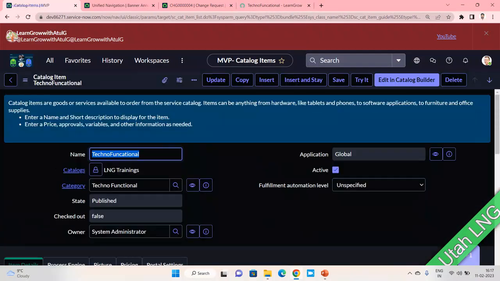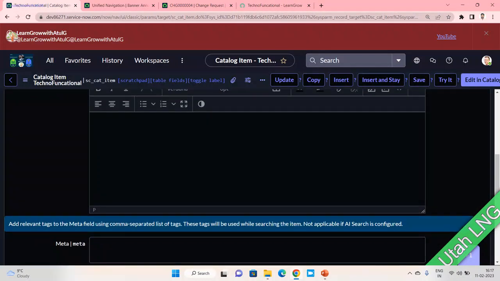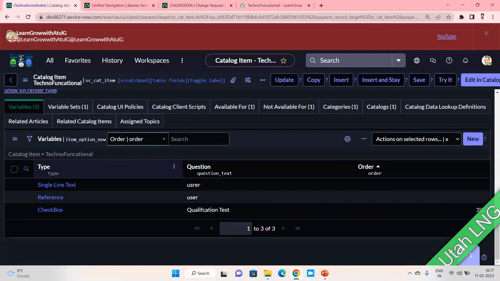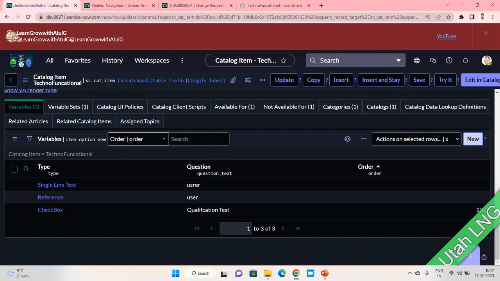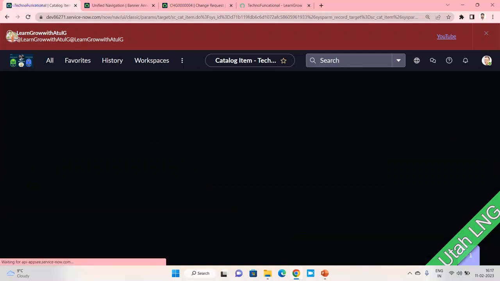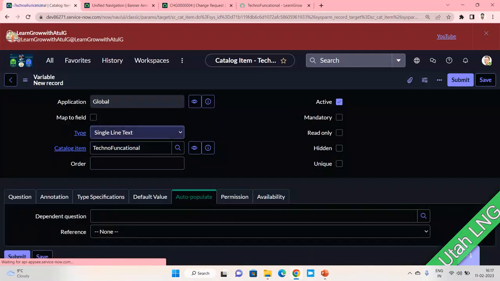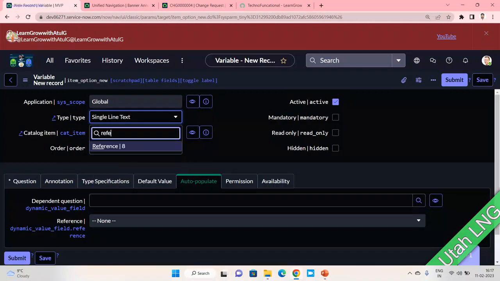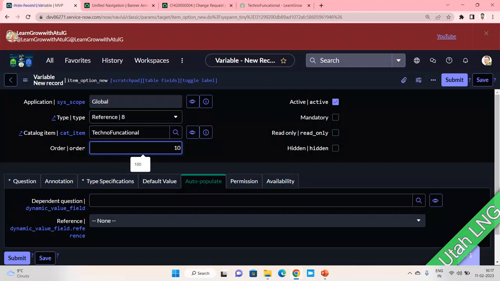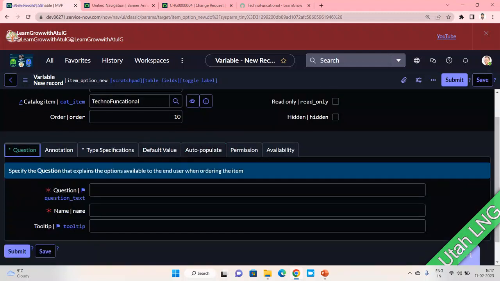Okay. So under this, we have to create the variables, because these are the variables. Let's say I'll create one more variable here. This was the previous one which I was doing hands-on before coming to this recording. So now let me click on new here, and I'm going to add one more variable. It's a reference field. Reference, and I can put order 10, let's say the lowest one, and the question I can put